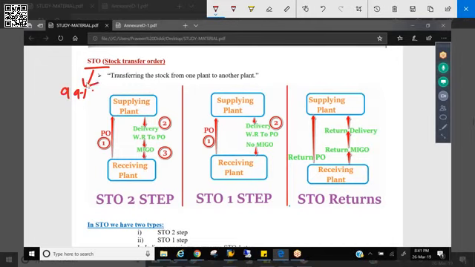But who configures it in real time? That's a question. Many interviews ask this question: who configured STO in your project? As I mentioned, it is 99% MM, but still SD will do it in real time. That's the reason this is very, very, very important. SD will configure STO in real time, even though it belongs to MM. In SPRO also, you don't go to SD, you go to MM and you do this. Only 1% is an SD process, 99% is MM. So that's the reason you see it's a purchase order. If it were SD, it should be a sales order, right? But it's an MM, so purchase order. So what is this particular